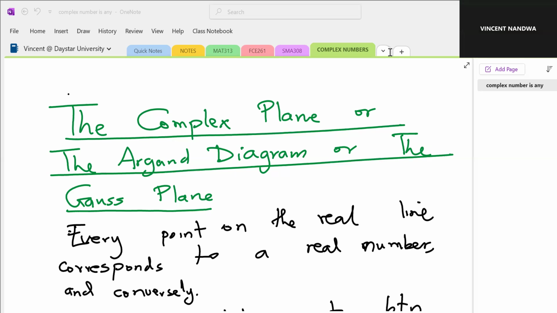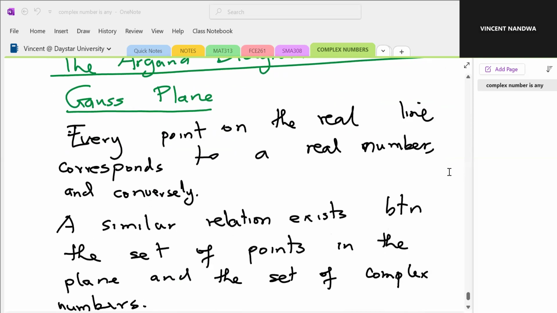Every point on a real line corresponds to a real number, and any real number corresponds to a point on the real line. A similar relation exists between the set of complex numbers and a plane,